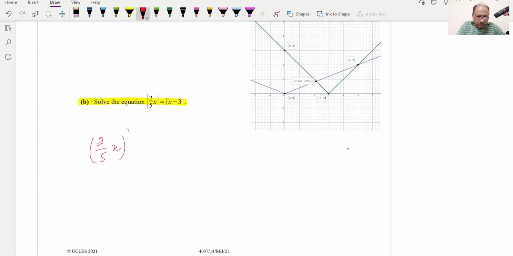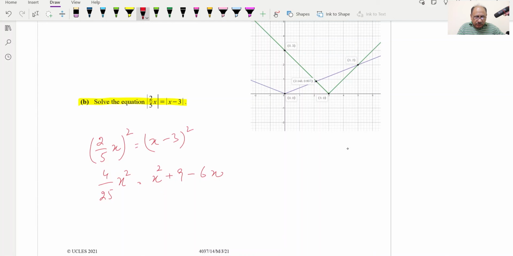Basically this square will be equal to (x minus 3) squared. This will be the mod; positive values we have taken. Now we can open this. This will be 4 over 25 x squared is equal to, we can open this (x minus 3) squared, so it will be x squared, a squared plus b squared, which is 3 squared, will be 9, and minus 2ab, so 2 into minus 3 will be 6, so minus 6x. And now we can